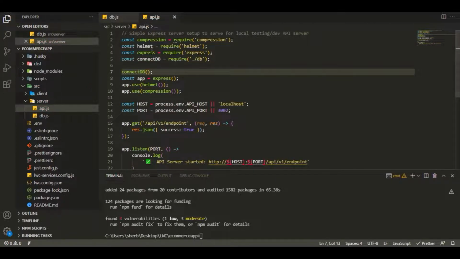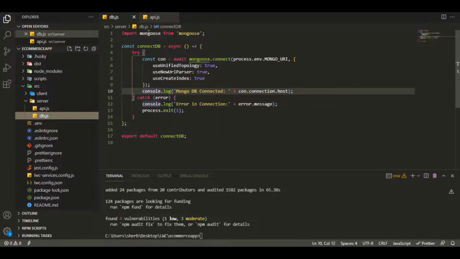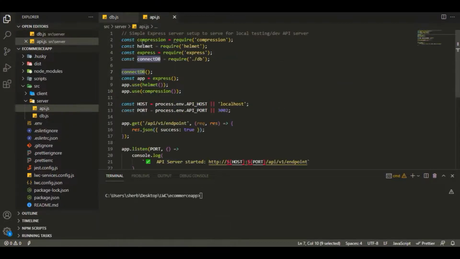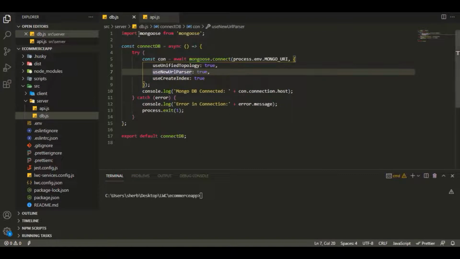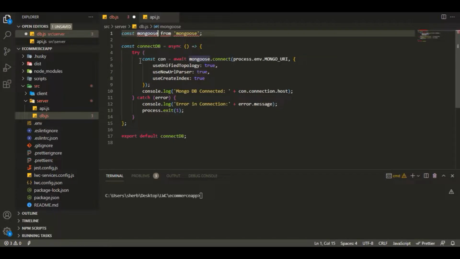So whenever this server has run, it will automatically call this function, and this function will call this, and it should run. So before running our server, we should make a few changes, because our type is not module in our package.json, so we have to convert it into const mongoose equals require mongoose. We have to convert it like this,